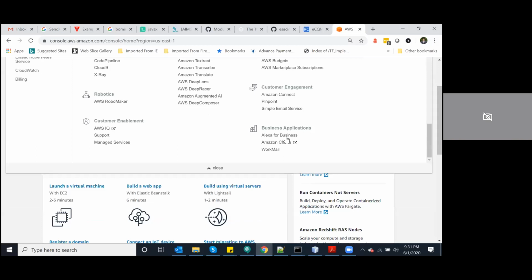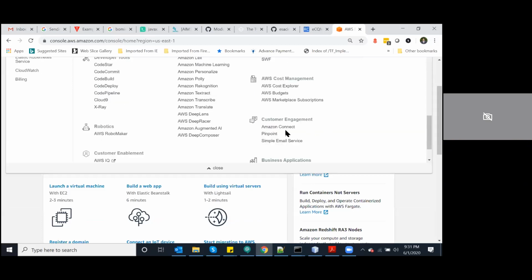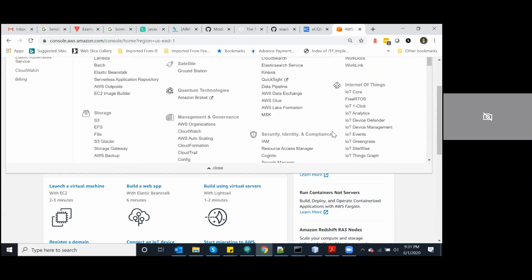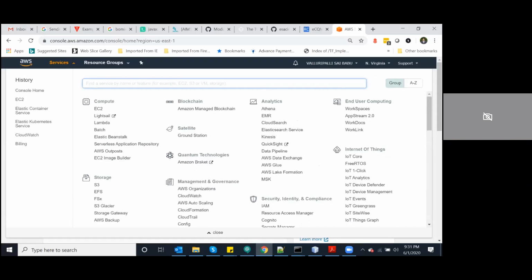Business applications like Alexa integration is available. This is customer management, CRM, I'm familiar with. You have IoT, you have end user computing. Say, for example,